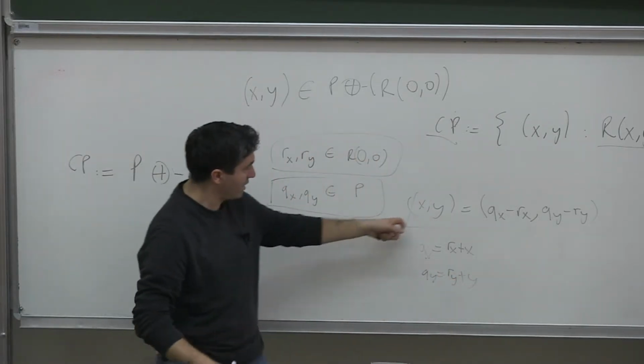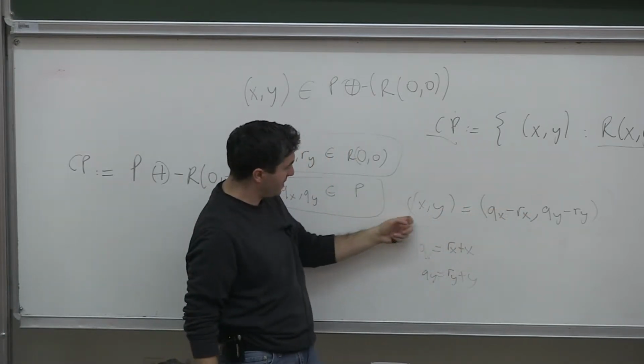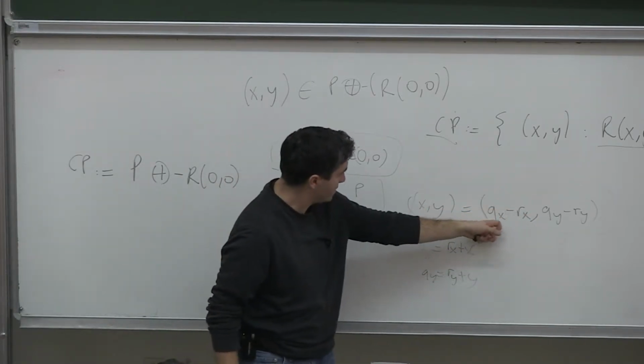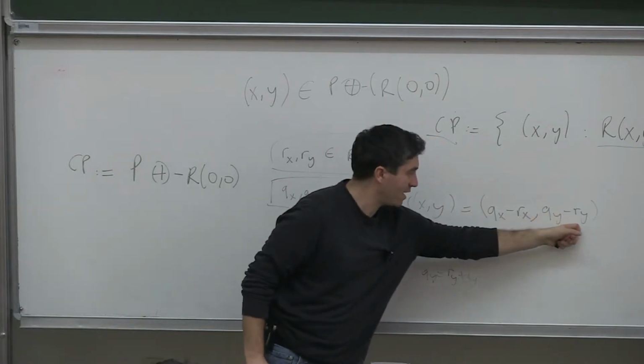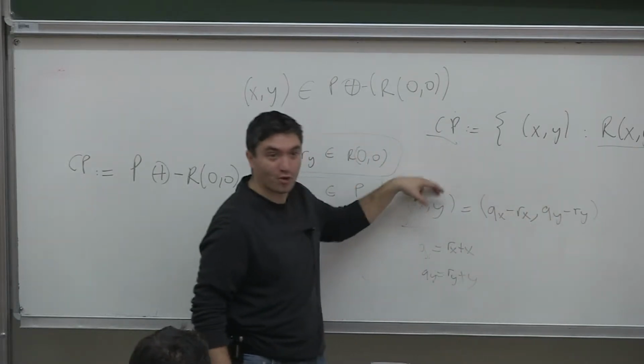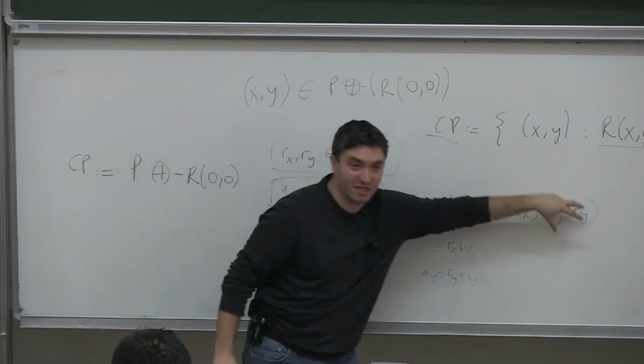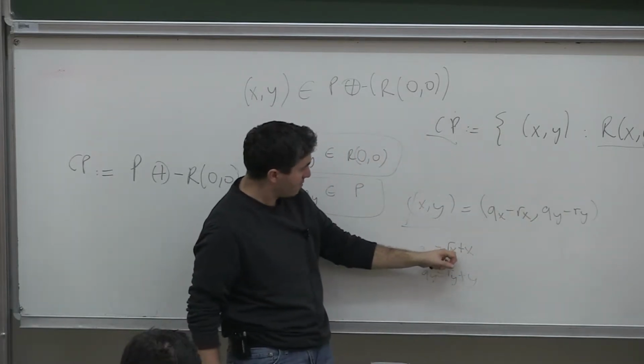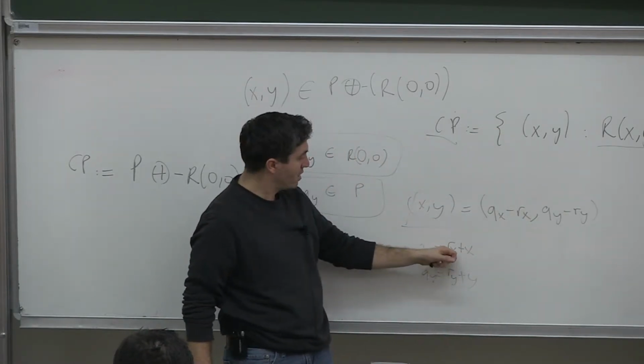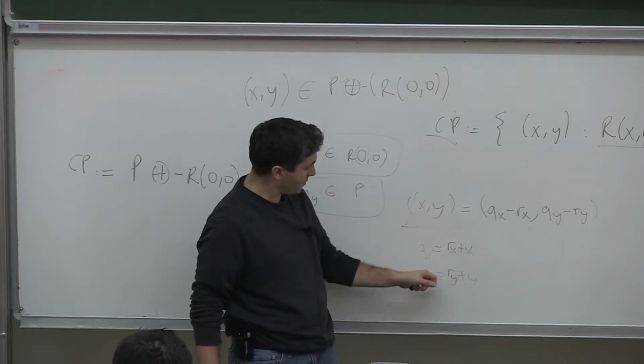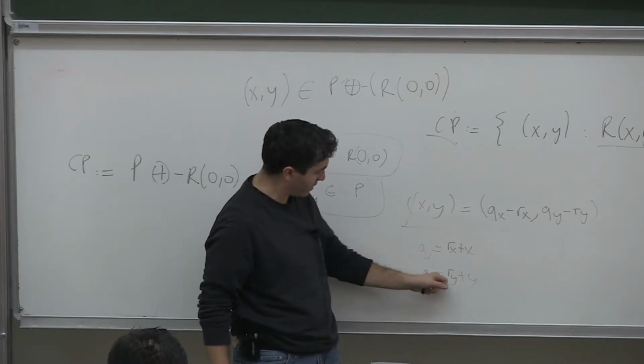Okay, and this equality means that if you translate both of these points plus rx amount, x plus rx is going to be qx, and qy is going to be